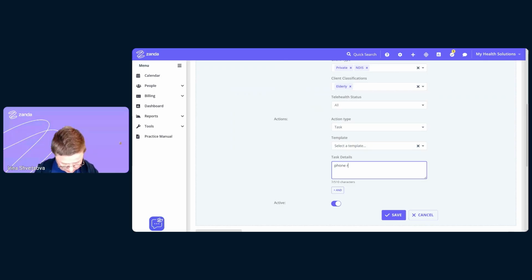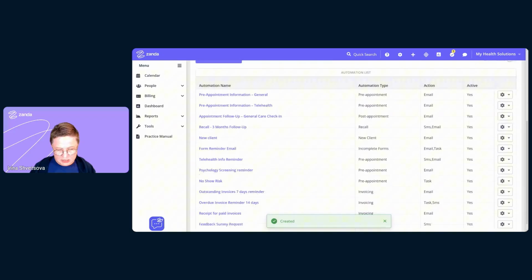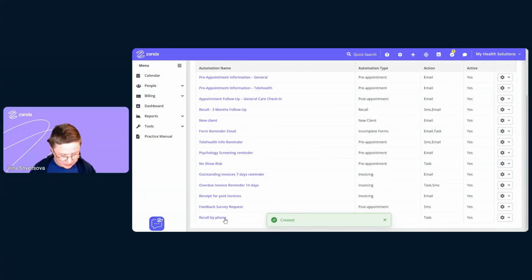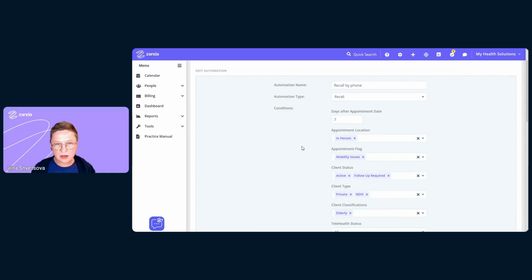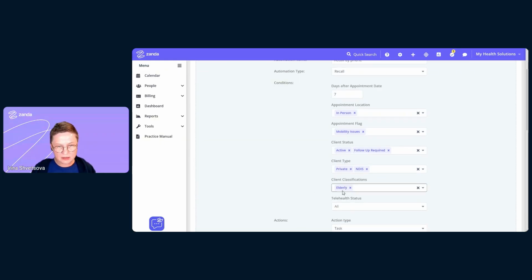Phone, something like that. Phone recall, 7 days. And save that. So what will happen? The system will check all my patients that have the elderly classification and have the mobility issue flags on their appointments. That's right. So all the patients who match these classifications, and if they haven't rebooked 7 days after their last appointment,